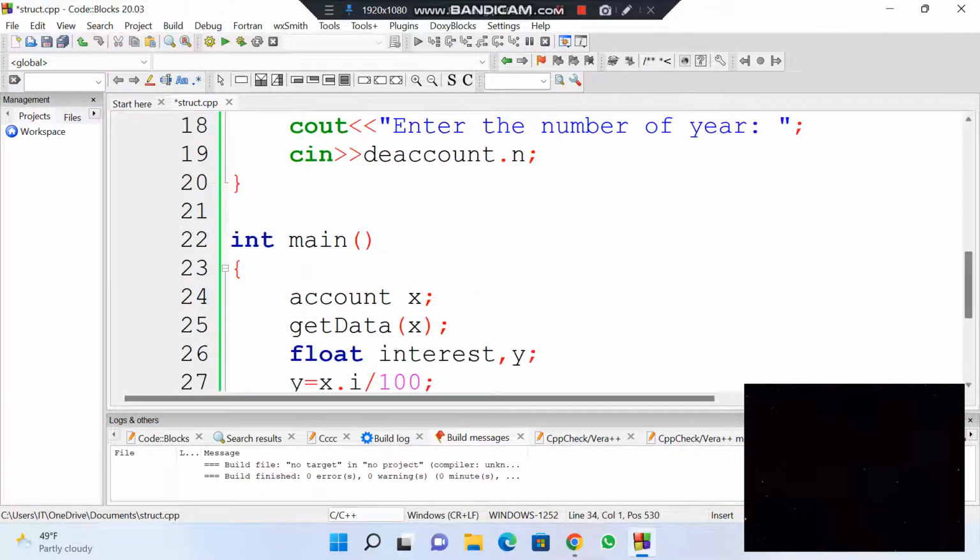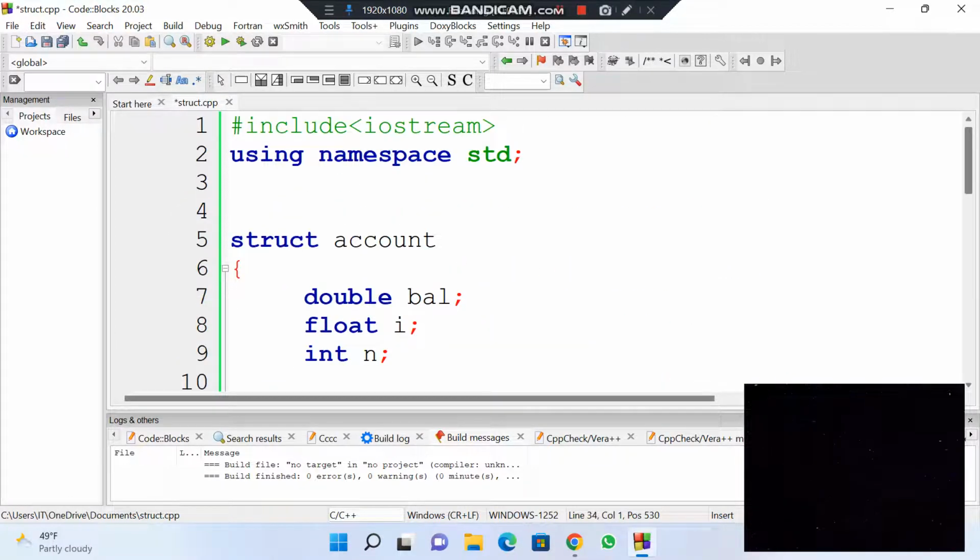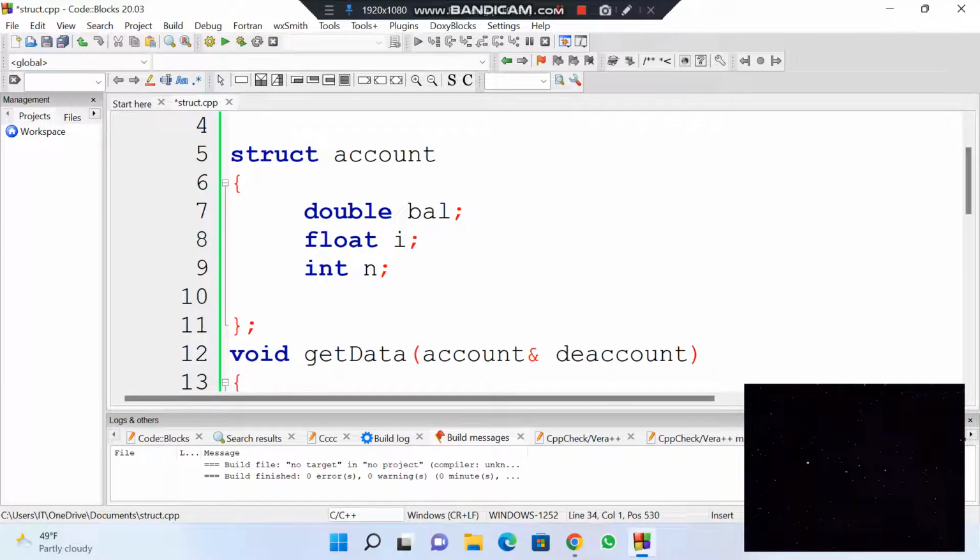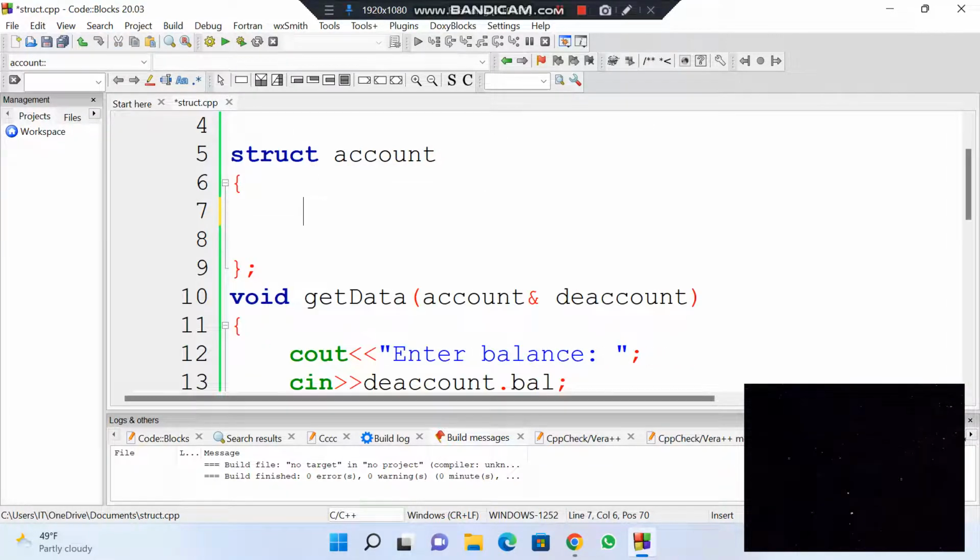In the same structure that I'm writing, I might have, for example, member functions in my structure, which I want to make public. Public. You might have get info,